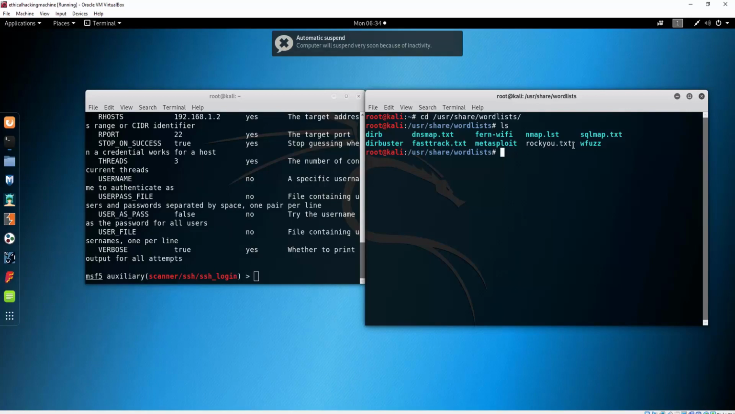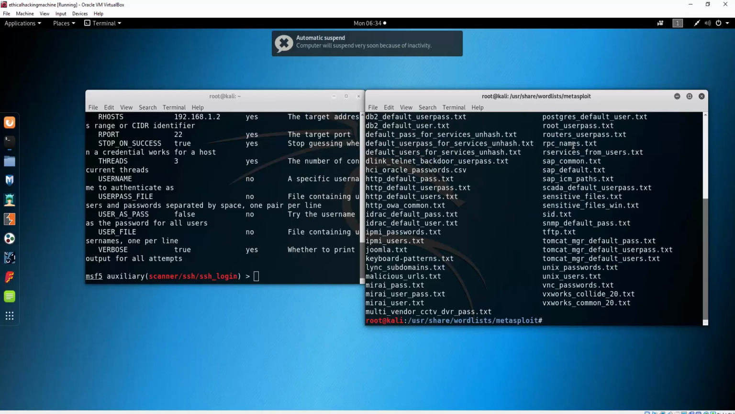So what we want to do is go to the Metasploit folder, type here ls, and we will see some of the password lists that are in Metasploit. We can choose basically any we want. We do not need to really crack the SSH, we just need to show you the process of cracking it. So let's say we choose, for example, this one,